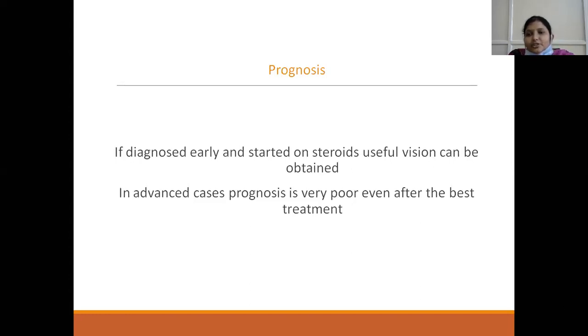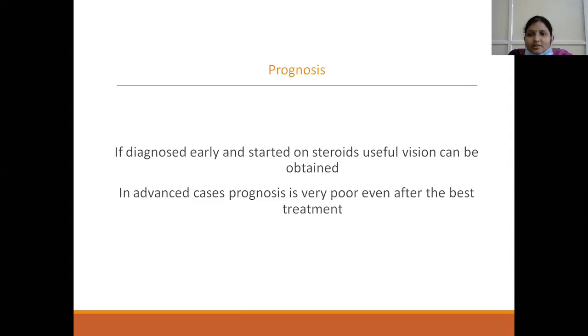Prophylactically, if the vision is not present in the injured eye, then we have to excise the eye. But if there is useful vision, we have to do meticulous repair of the wound, start the patient on corticosteroids, and we have to wait for 2 weeks for the response to occur. If there is no response, then we have to excise the injured eye. After sympathetic ophthalmitis is ensured, then we have to start the patient.